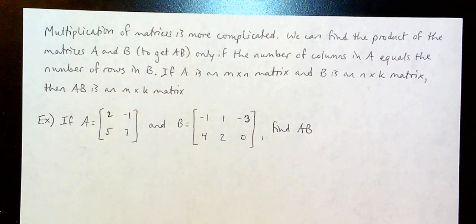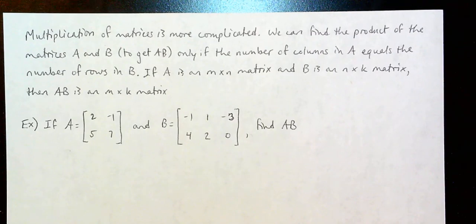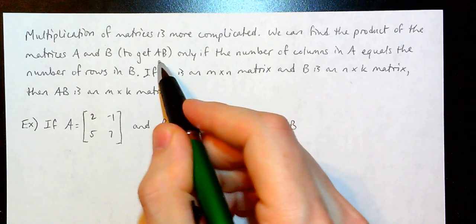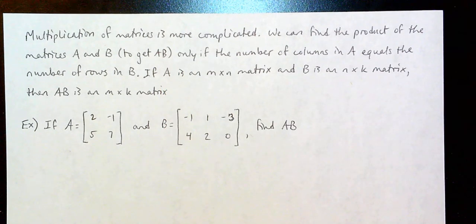Matrix multiplication is a somewhat complicated operation. And there's a particular condition that has to hold in order for us to be able to multiply two matrices. We can find the product of the matrices A and B, and when we do that, we write the product matrix AB. We can find this product matrix AB only if the number of columns in A equals the number